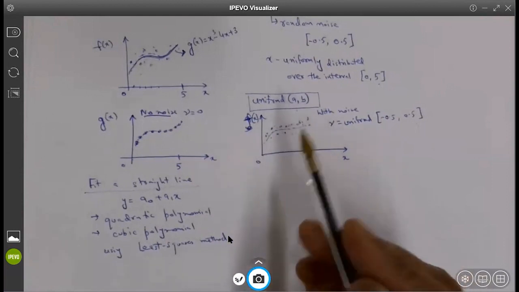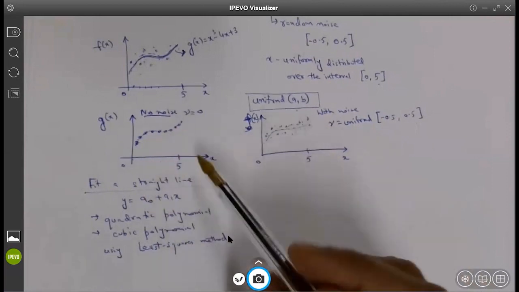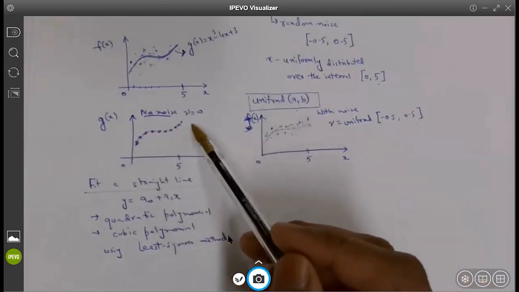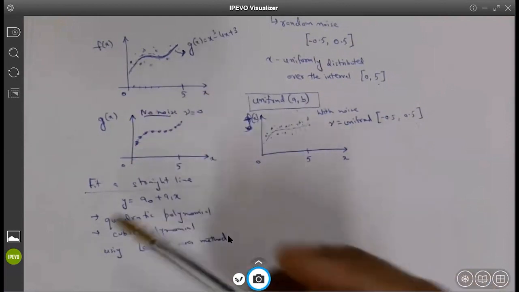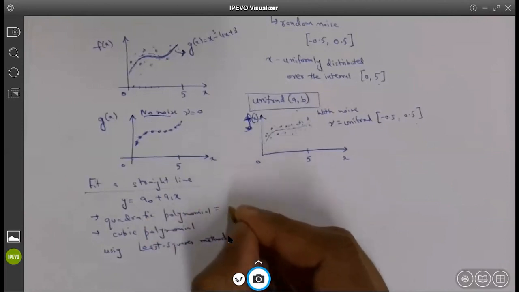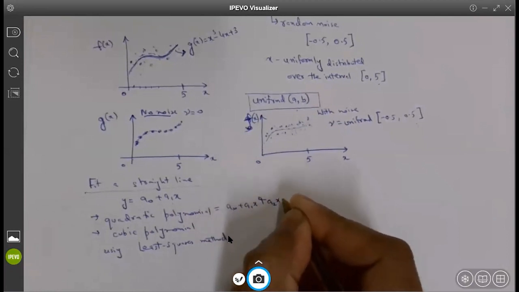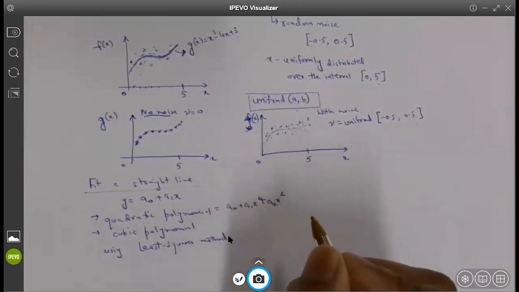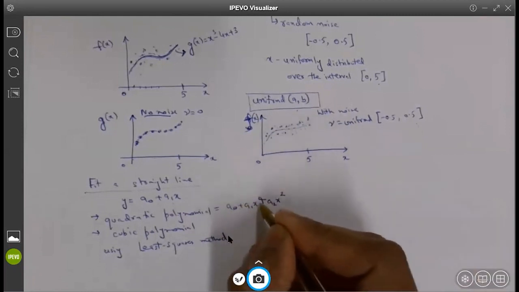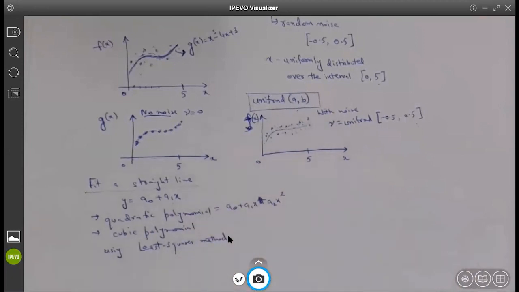Within these data points, if you have to fit a straight line, how are you going to fit that? Or if you have to fit a quadratic polynomial, how are you going to fit it? You basically have 100 equations, but with a straight line there are only 2 unknowns. With a quadratic polynomial, a0 plus a1x plus a2x squared, there are 3 unknowns, but you will get 100 equations to solve for. So it is just using that least squares technique that you obtain the coefficients. Are you getting what I'm saying? Yes, Professor.